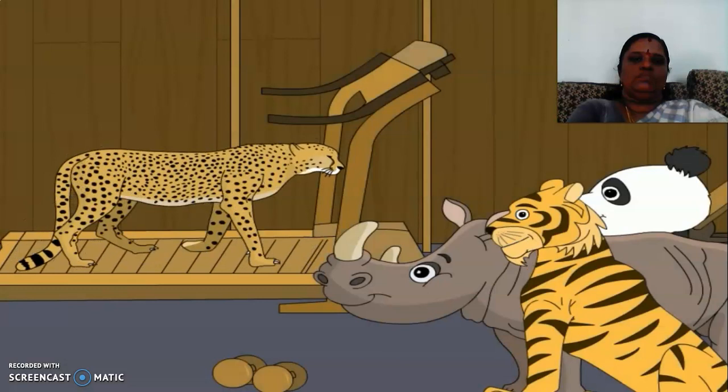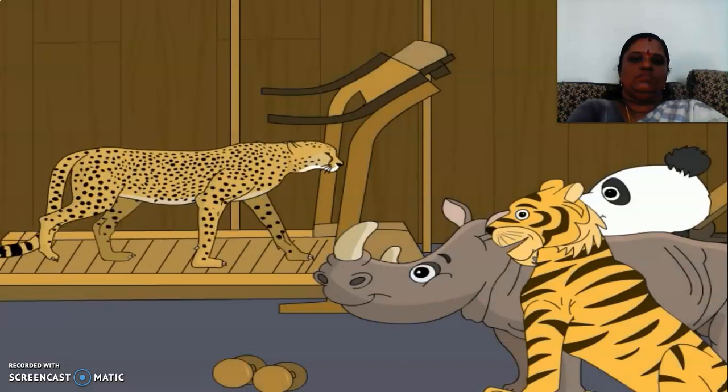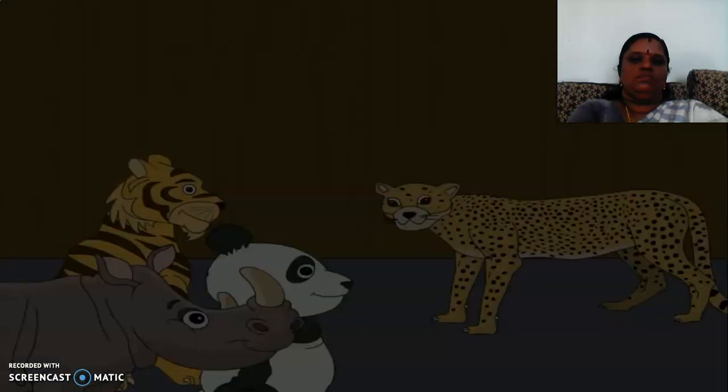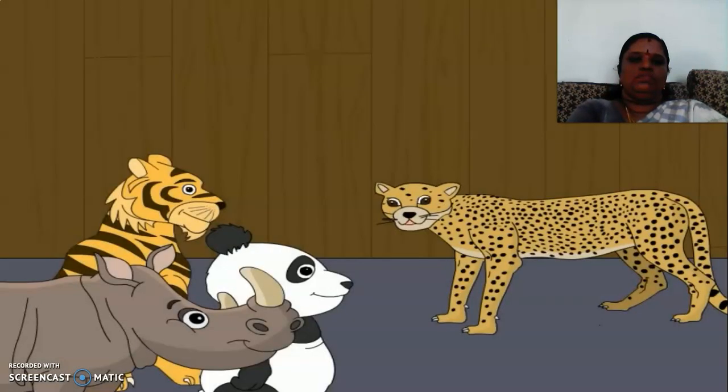Here's the gym where our guests work out. This is my friend Liana the leopard from Africa. She's a fast one. She runs up to 100 kilometers per hour. Hello there. I'm going to stay here forever. I love this place. Why did you leave Africa? The jungle where the leopards lived was destroyed by man, so there was no prey left for us anymore. We started hunting cattle. Then angry men started to set traps and kill leopards. We were hunted for our valuable skin too. I lost most of my friends and family. I had to leave.